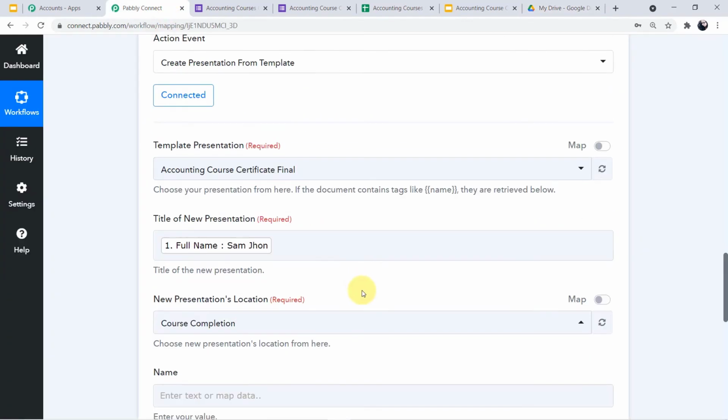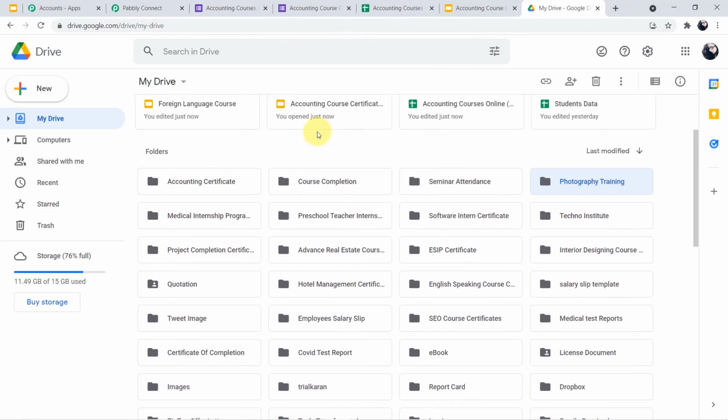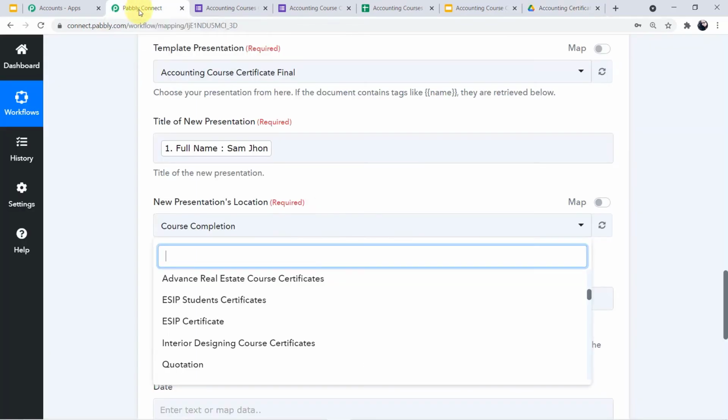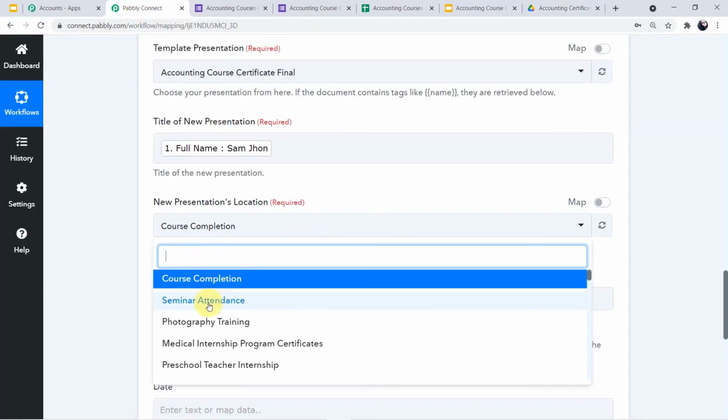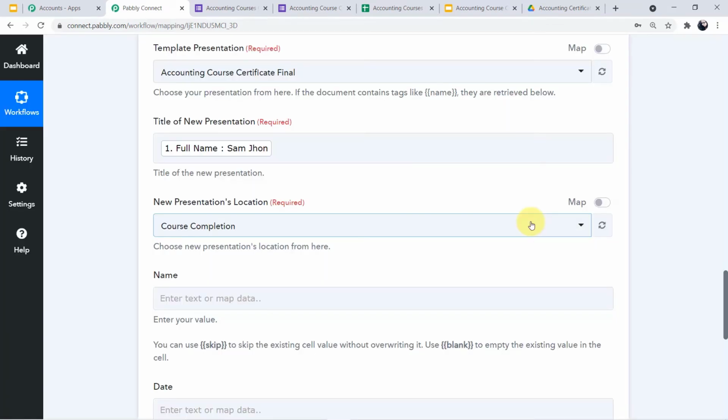These same folders can be seen here in the drop down. Now I have created this particular folder for my certificates. I want my certificates to get saved here in accounting certificate. So I'll map this particular folder here. Let me search for the accounting certificate.